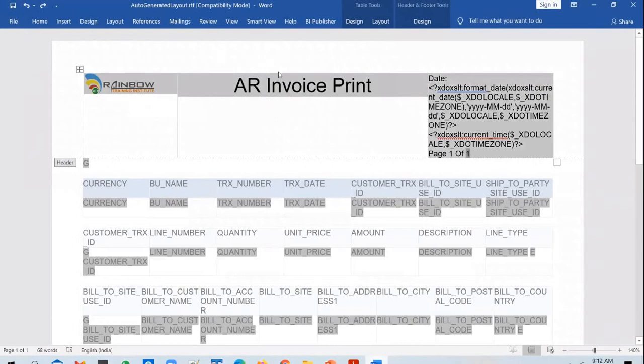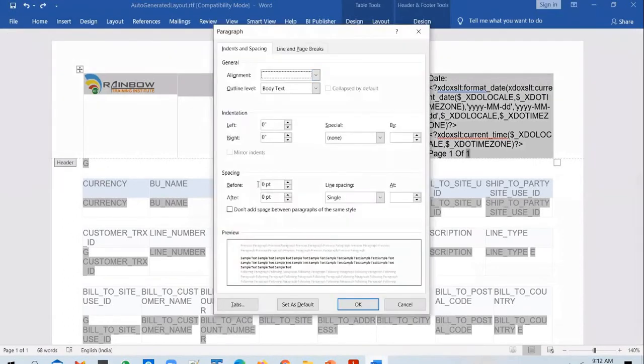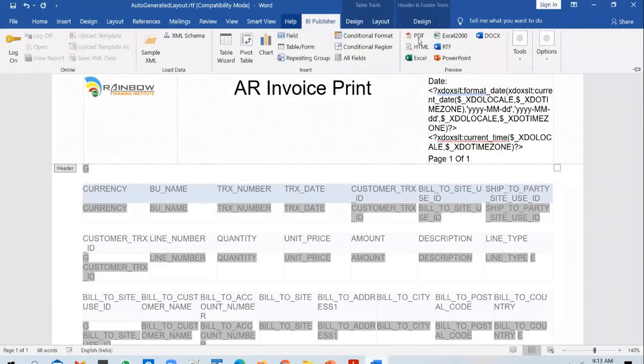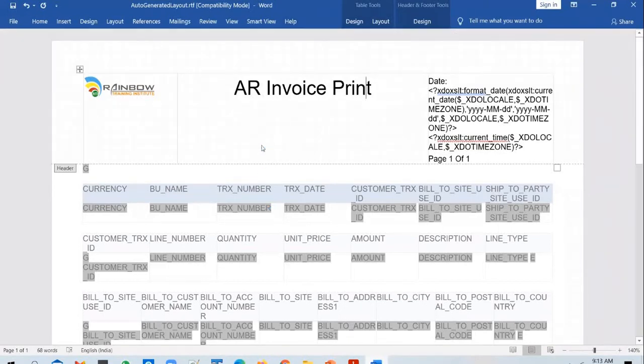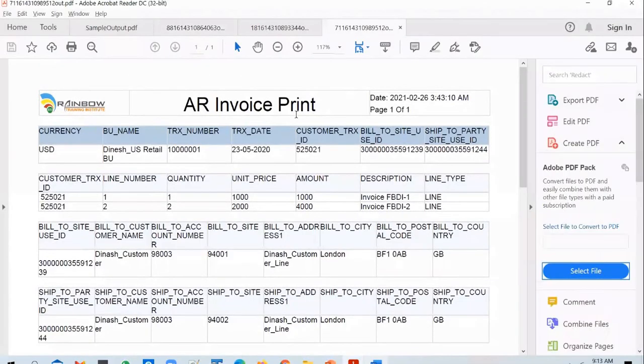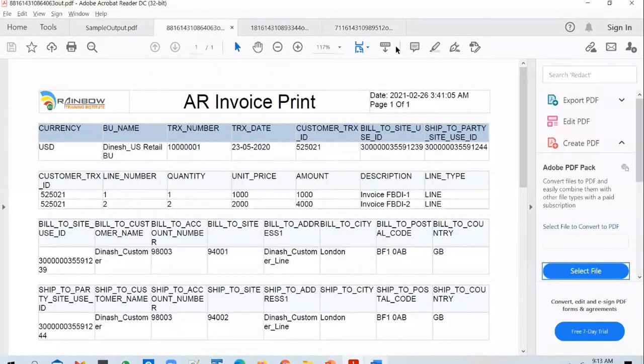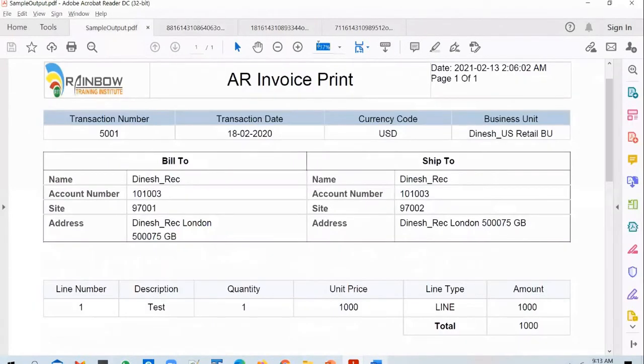So you select all the rows and you go to a paragraph and you say give a spacing of 3 points before the table, or before the actual data is printed. So you click OK. You notice that after the line there is a bit of space now. You can go to BA Publisher and print the PDF output, and you can see if the output is looking fine now. So it's looking better now. So this is very close to what Oracle has, or what client has asked me to print. Okay, and yeah, there is a difference in the font size, so I can change this to 117.